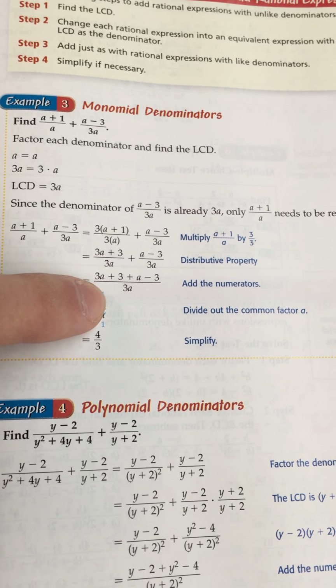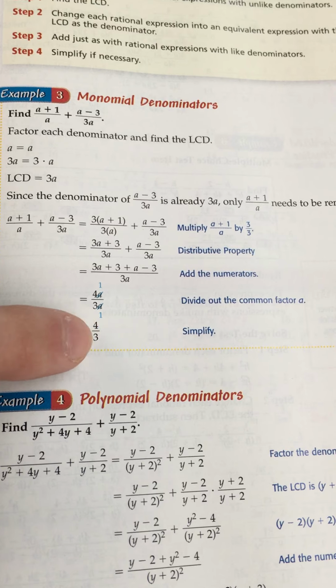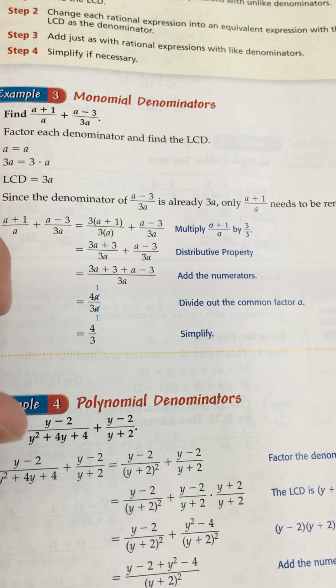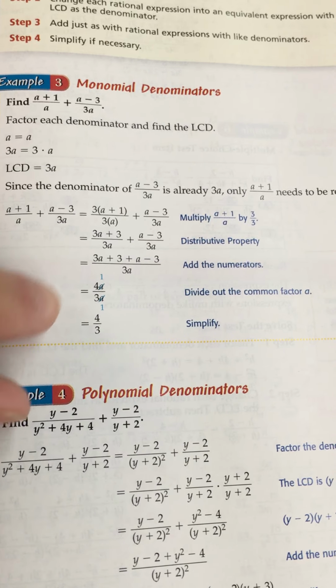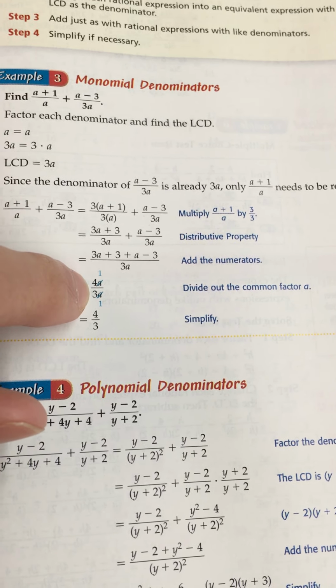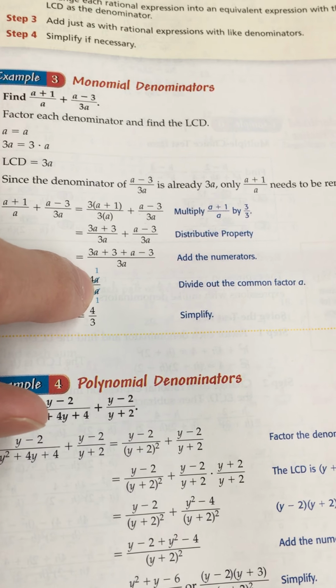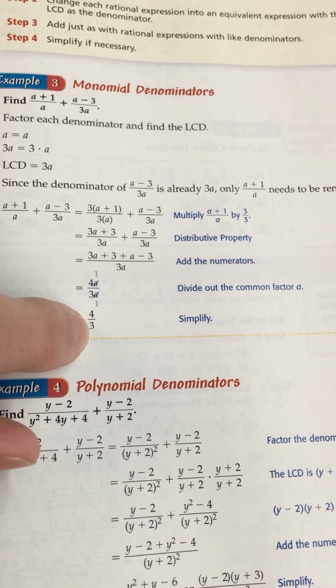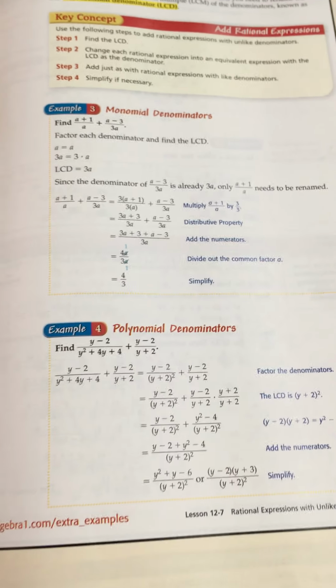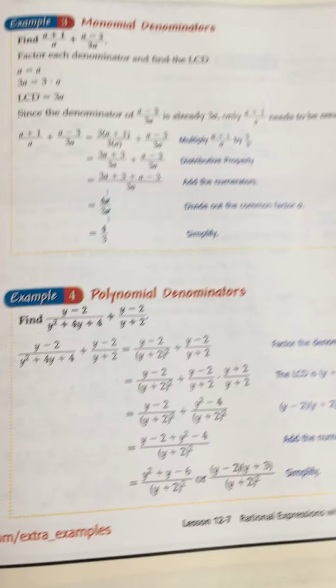Now all they have to do is simplify. 3a plus a is 4a. 3 minus 3, gone. So all we have left is what? 4a over 3a. We can eliminate those a's, and we're going to get 4 over 3. Okay? That one's a little bit more complicated, but it's not hard if you know what we're doing. Okay? So now,